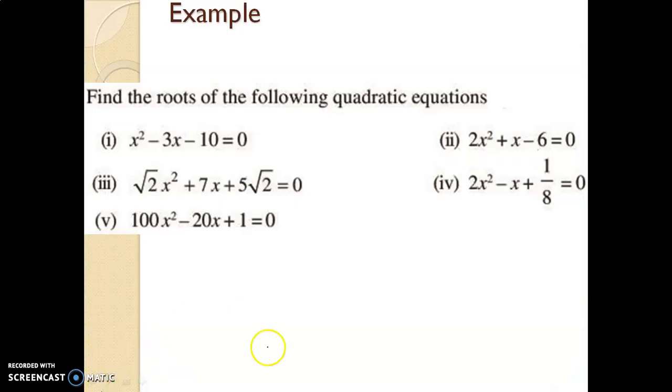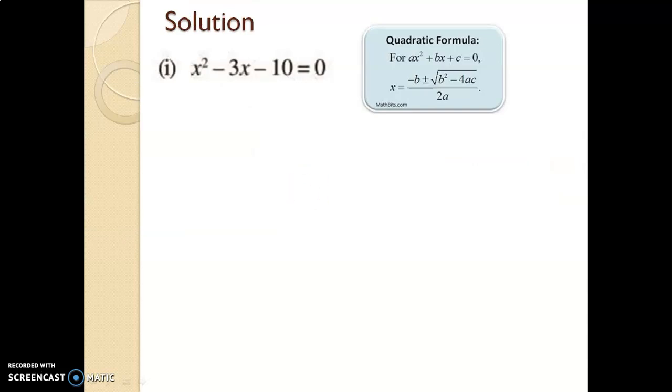Okay. So through this also we can solve the quadratic equation, right? Look at these examples. You have already seen these examples under the factorization method, in the last videos. Now I am going to solve the same equations by using the quadratic formula. Okay, now see one by one. Let us see the first question. x square minus 3x minus 10 equal to 0. Now I am going to solve this equation using this quadratic formula. For that, we need to substitute the a value, b value and c value.